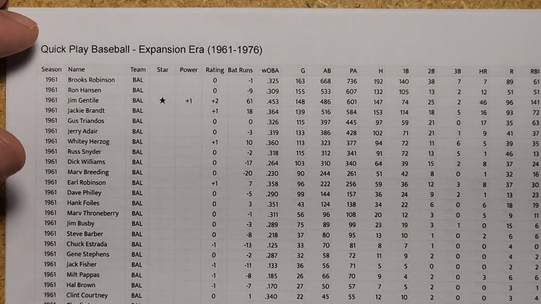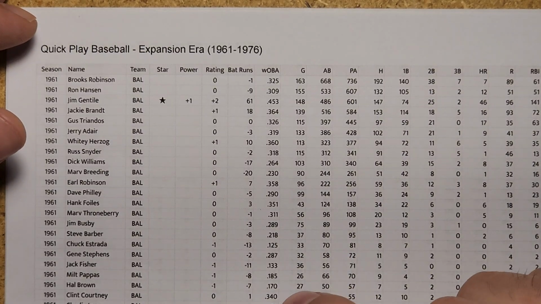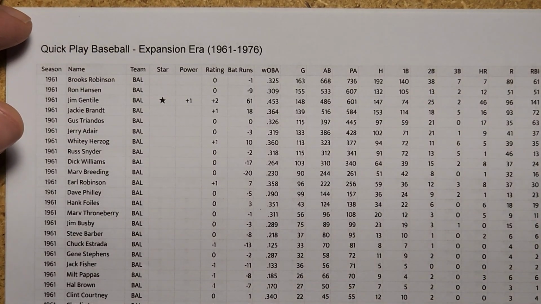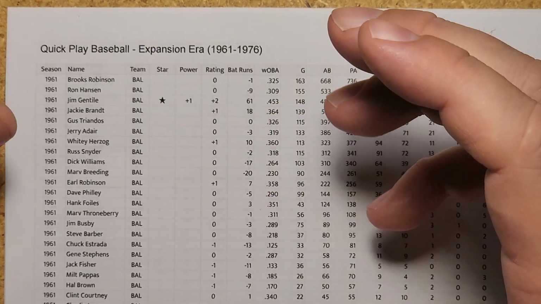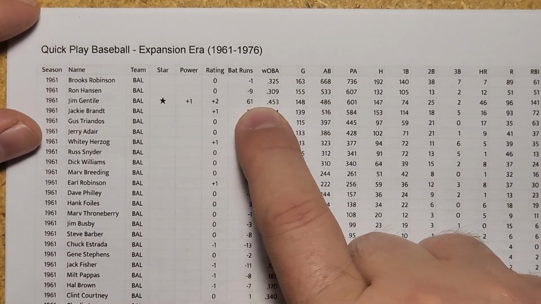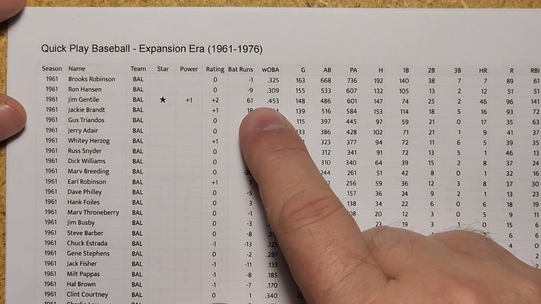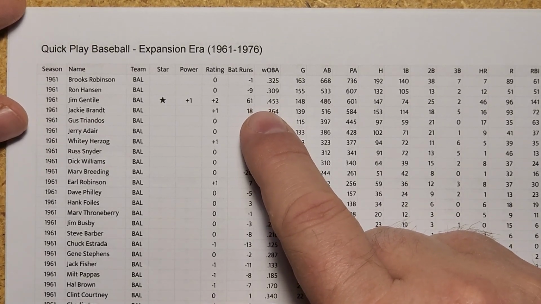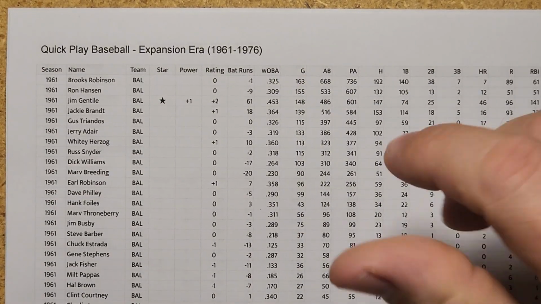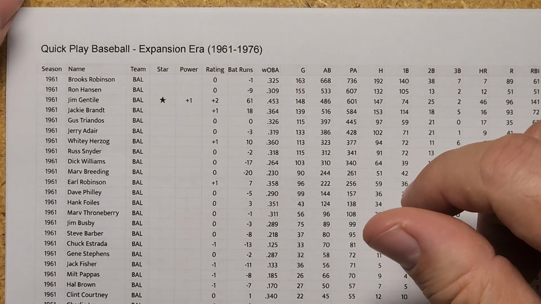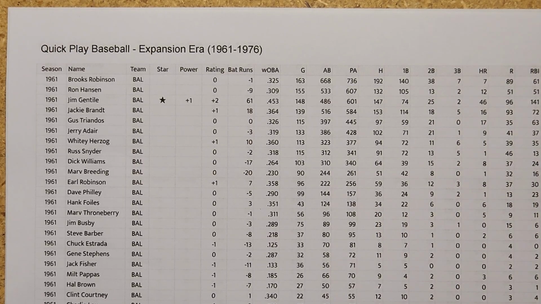I won't tell you the ratings, but the ratings are inside the game guide, how I got to them. That means you can use them too. If you don't want to go through that process, just wait for the eras to come out. You're going to get massive amounts of players for like $50 if you bought them all, or $60, $70. I guess $70 you would have the entirety of baseball to be able to play with quick play